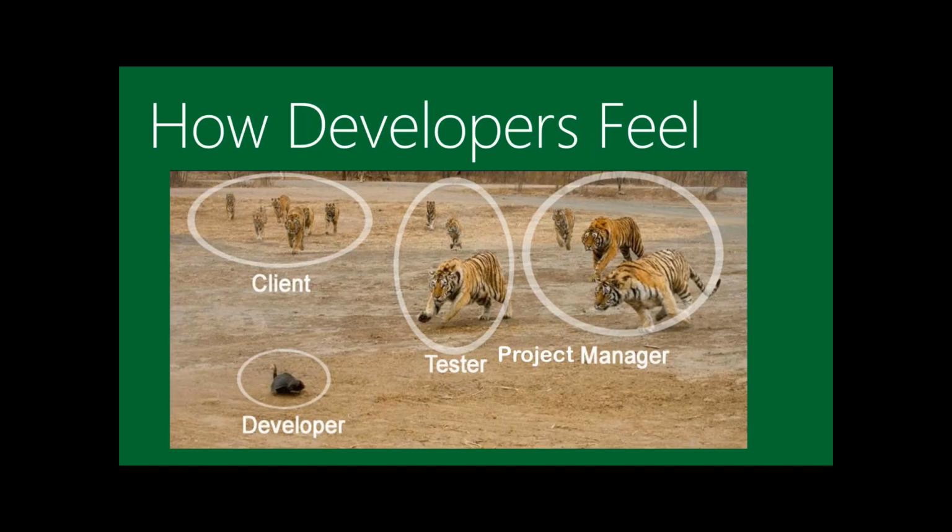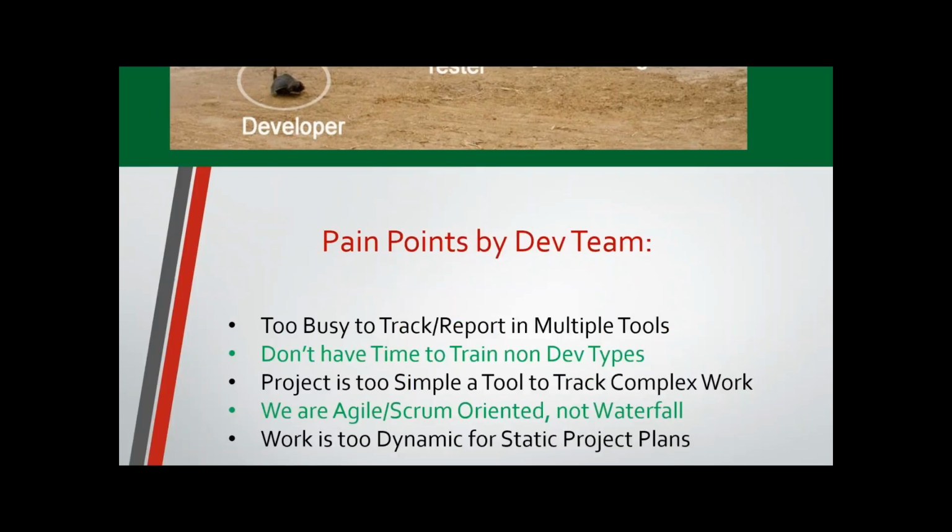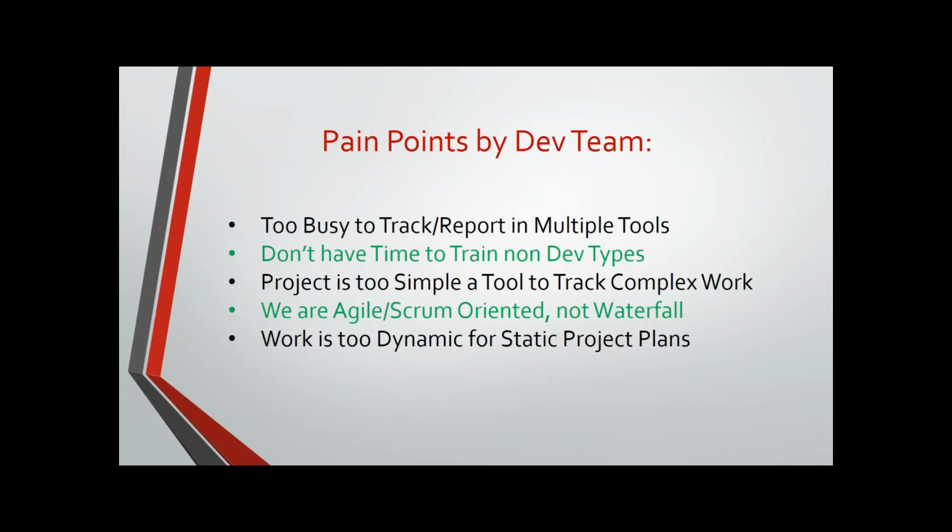And so the poor technical team in many cases is pulled to do work in many different types of tools. If we think in terms of pain points and the perception based upon the audience, when we talk to a development team or a technical team, they are extremely busy. In fact, in many cases they really want to produce value. So to track their time in multiple tools, which may be, hey, for timesheeting I've got to go do it in Oracle or in our ERP system, and the project manager wants me to go update a project schedule for them, and then I've got my own internal tracking that maybe I'm doing in TFS, and then there's the SharePoint site. In many cases they get a little frustrated in terms of all these places where they're tracking